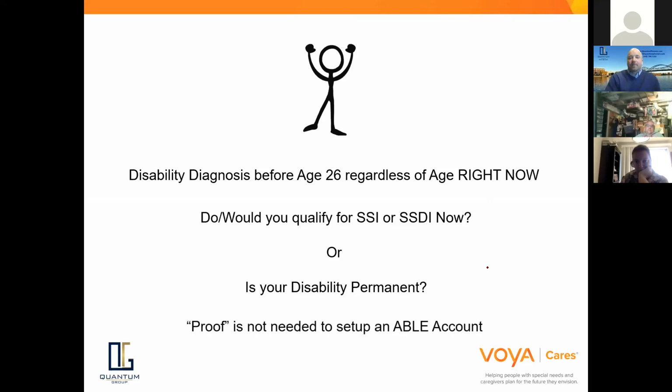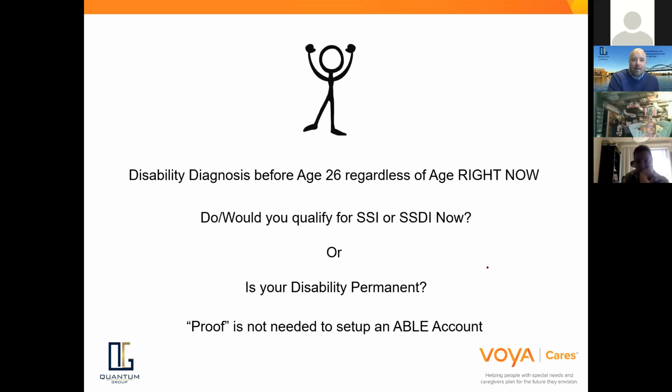is that you do not need to provide proof or have that documentation with you when you set up an ABLE account. That is not necessary. If the government or the IRS or whoever comes to you and says, hey, we need proof, at that point in time you'll need to be able to provide that documentation. But you don't have to upload proof of eligibility for SSI or anything of that nature. Whichever state you choose, they will take your word for it, take it on good faith that you qualify, and then you can move forward and proceed quickly. Hence the idea that we could have an account set up in about 30 minutes.